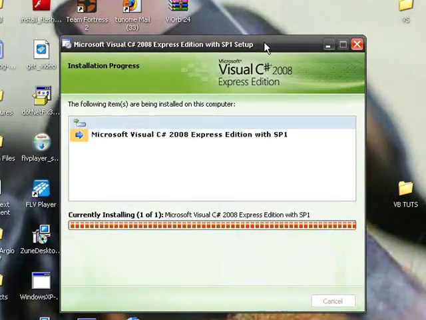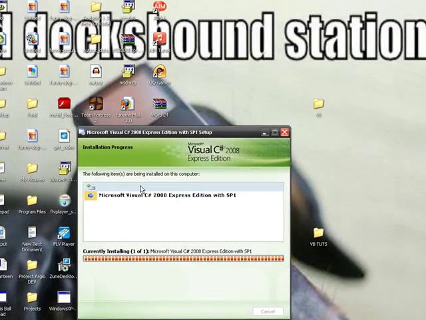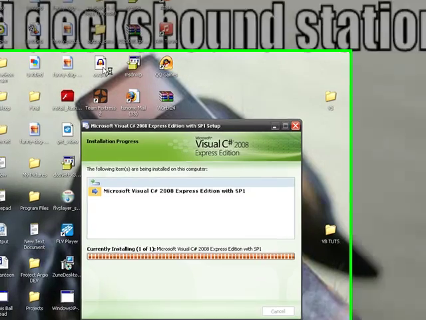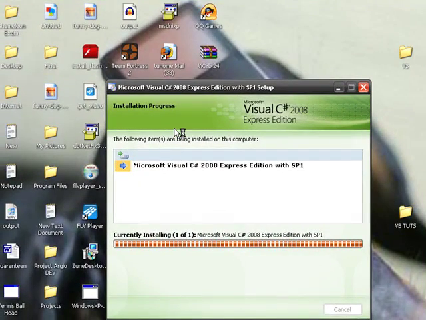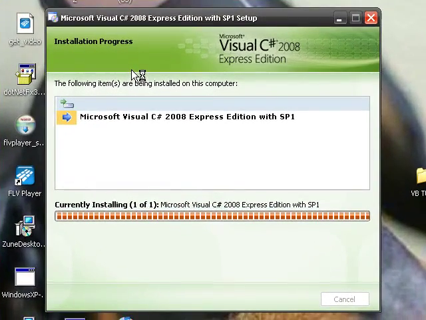Hey guys, back from that long wait. It's at 100%, almost at the end. I just want to see how you guys were doing. If you had a crash during your install, don't worry. Click the exit button and just click close. Reminder, because this happened to me once: you go back, open the program again, and it should install perfectly fine, because it keeps the download saved, so you won't have to go through that long download time again.